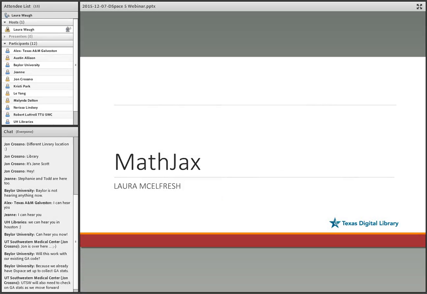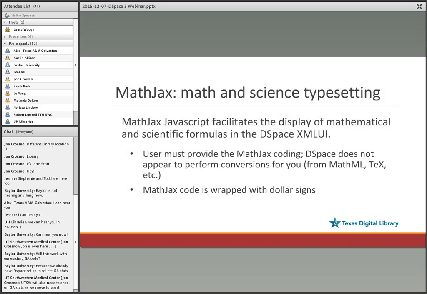I had not actually heard of MathJax prior to this showing up as a feature in DSpace, and maybe I should have heard of MathJax before this, but Laura took a look at this for us. What it is, is math and science typesetting. It basically gets formulas into your typesetting, and you're able now to put them in through the DSpace XML UI,